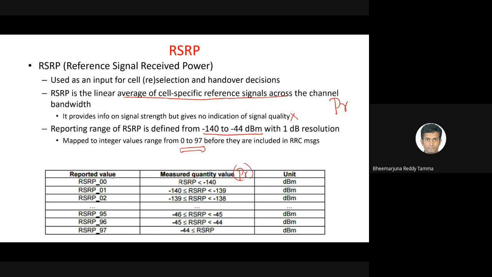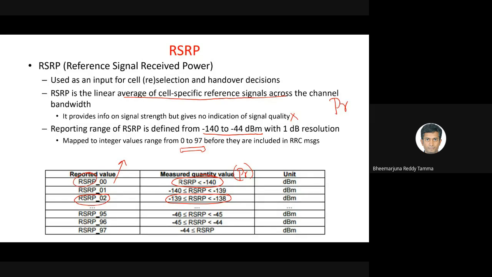So this is your RSRP. When the power received is less than -140 dBm, the user equipment will send to the base station that, okay, my RSRP equals 0. Like that, if it is in this particular range, then it is sending to the base station that I'm getting RSRP of 2 from the current base station, or whatever base station for which I'm trying to measure the